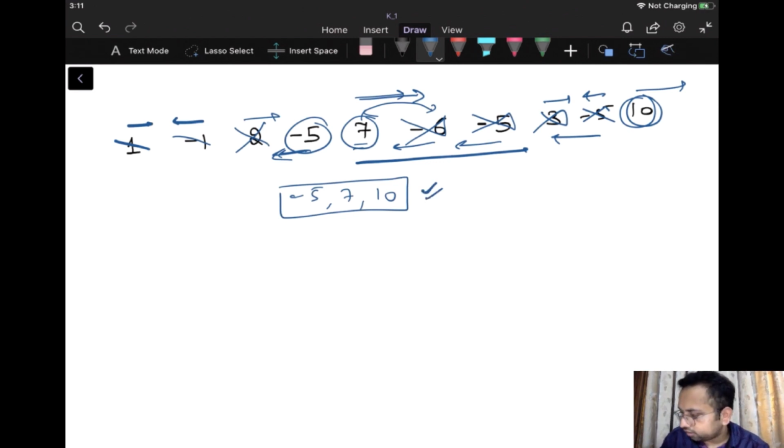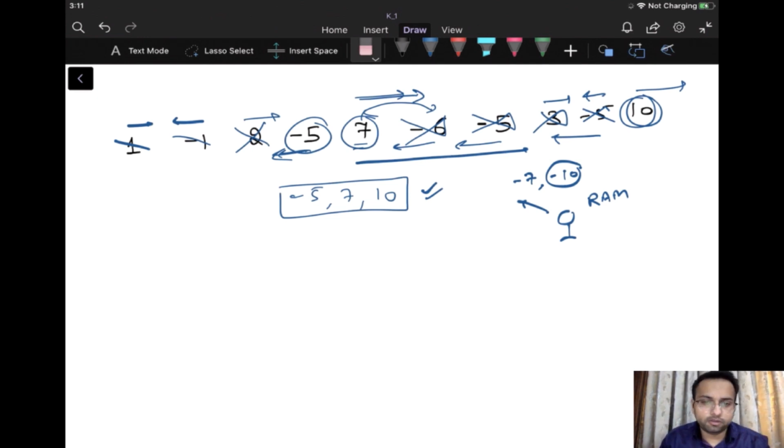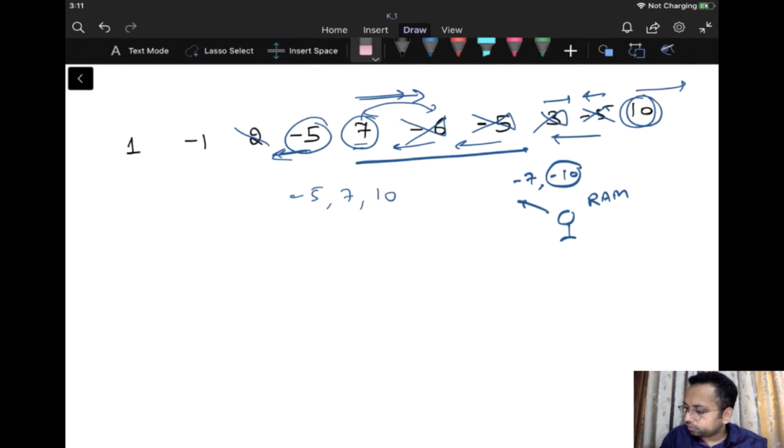If there is Lord Ram, he needs to shoot 2 arrows, one of minus 7 and one of minus 10. Firstly he'll have to shoot minus 10. This way he can figure out how many arrows and what magnitude of arrows need to be shot so that they will cancel out these arrows. We need to solve this particular problem, so let us see how we can do it.